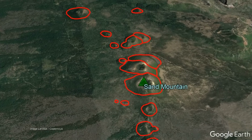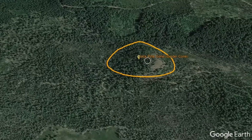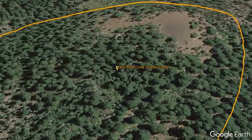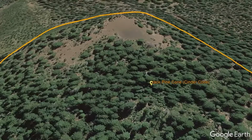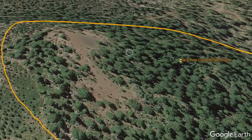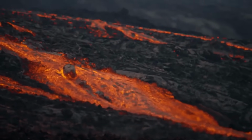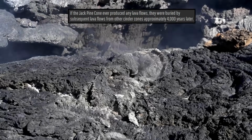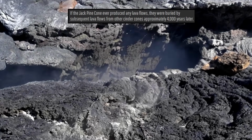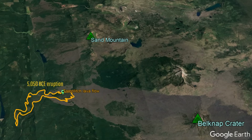Yet, of the 42 vents, there is a singular vent which stands out, being known as the Jack Pine Cone. As shown by how heavily vegetated this cinder cone is, it may not come as a surprise that Jack Pine is also the single oldest vent in the field. If it ever produced any lava flows, they are no longer visible as they were buried by subsequent eruptions from other vents. The Jack Pine vent formed in approximately 5000 BCE just after the Belknap crater volcano produced an eruption